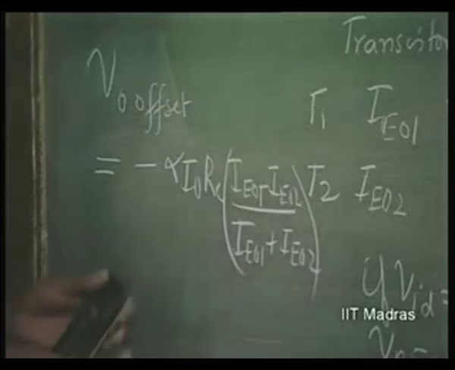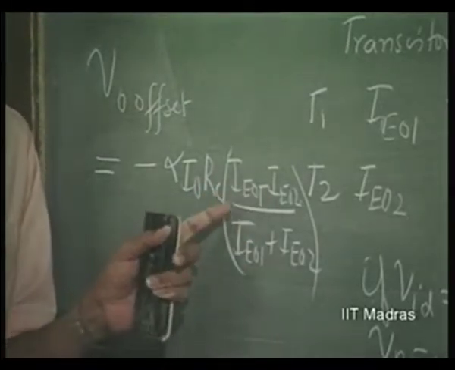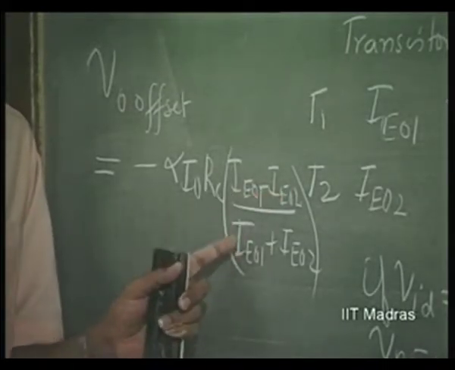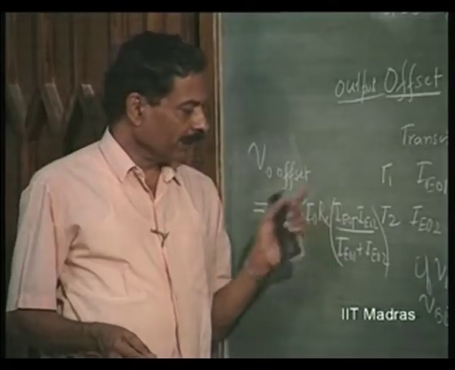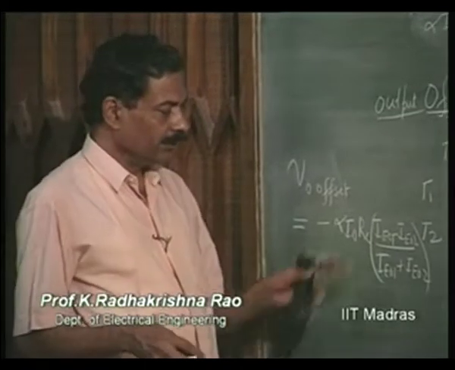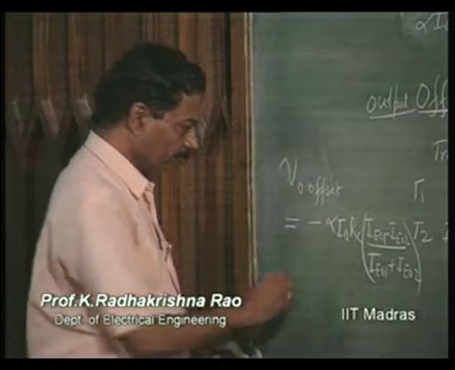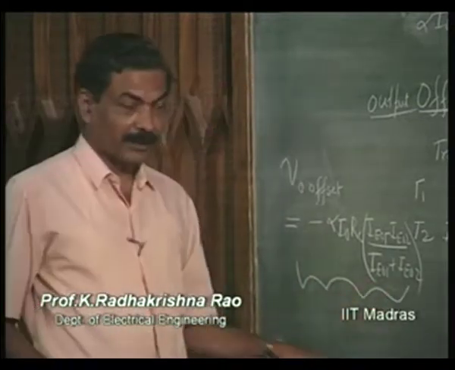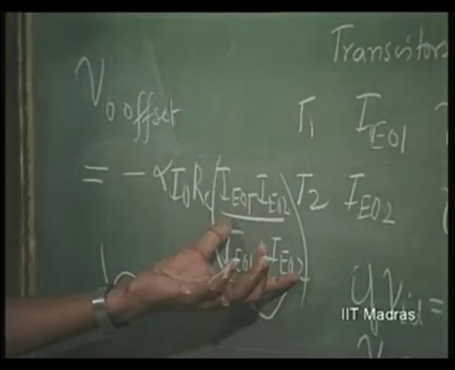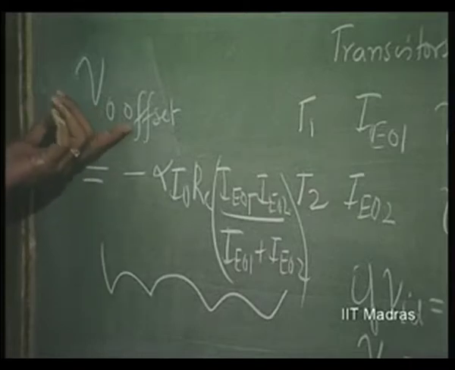So, if you know the extent of mismatch of IE0s, IE01 minus IE02 is the mismatch, then you know the output offset as minus alpha I0 RC into this mismatch factor. This is an important aspect of output offset. So, based on the extent of mismatch, you can tell what the output offset is going to be,